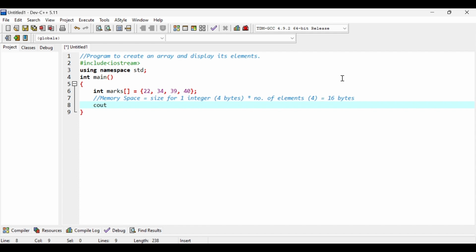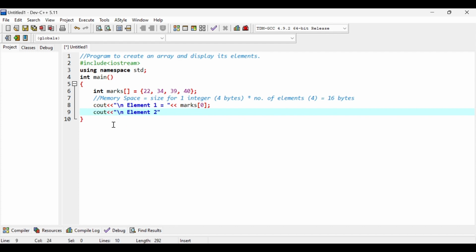Now I am going to display each of the elements here. So I have written cout, and inside these double quotation marks I will type "element 1 is equal to", and in order to access any element of an array we have to type the name of the array, and then put a pair of square brackets, and within these square brackets we have to provide the index of that particular element. I want to access my first value, which is by default stored at index 0 inside the computer system. So here I will type 0, and similarly I will type here